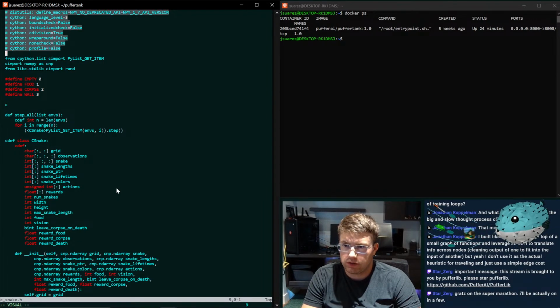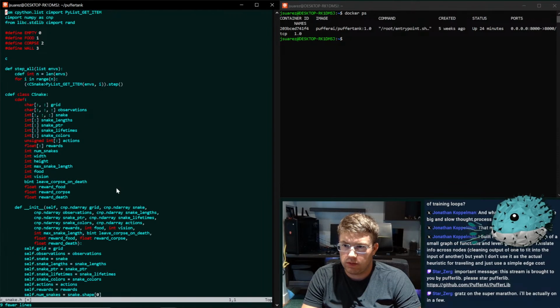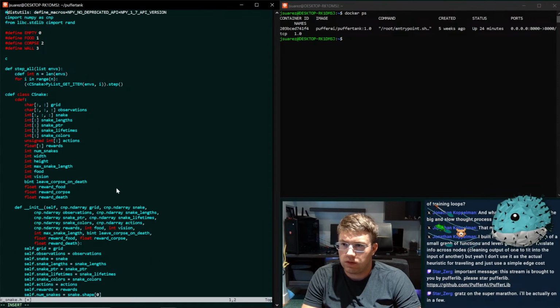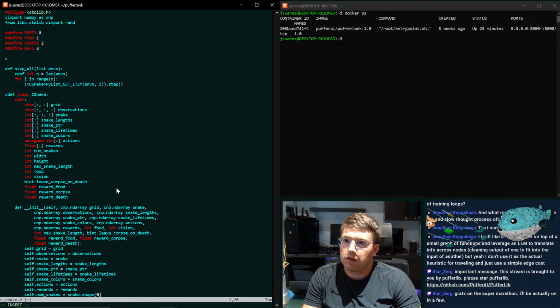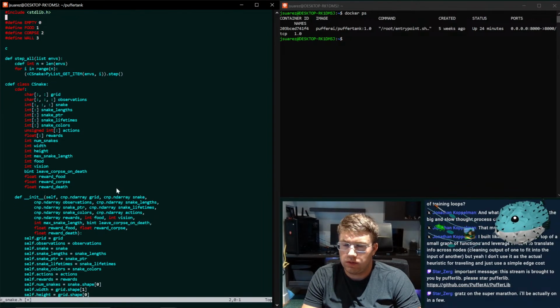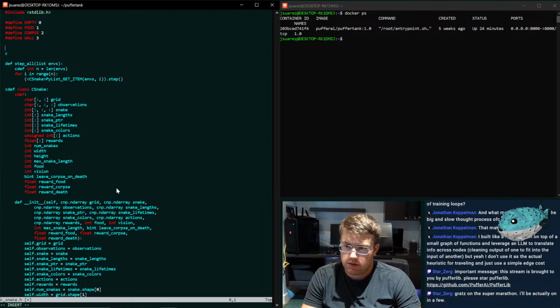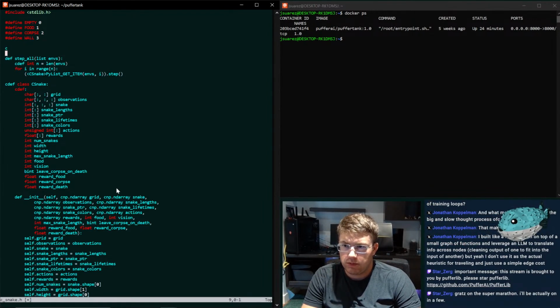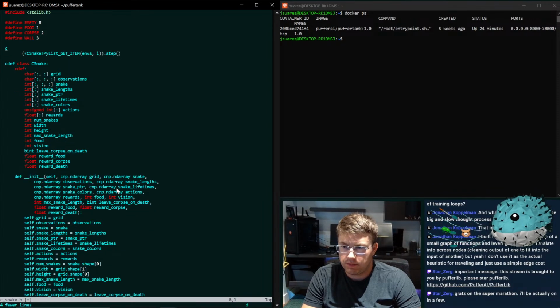So I've got to get rid of all this garbage. Include standard lib. Was it void? Step all. Well, we don't even need this vectorized thing yet, do we? We can actually just get rid of this.